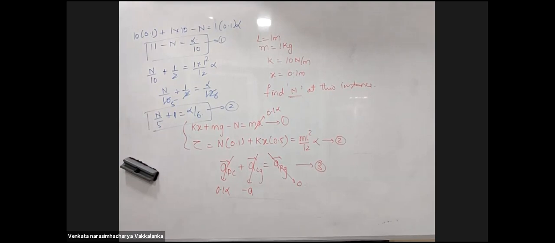Sir, I have a doubt: why is the acceleration of the peg with respect to ground coming 0? It is given as 0 because the body is kept on the peg at that instant. Where will it accelerate? The body is tied to something, a body is kept on the peg, so the acceleration of that point at that instant will be 0. Okay. Thank you, sir.